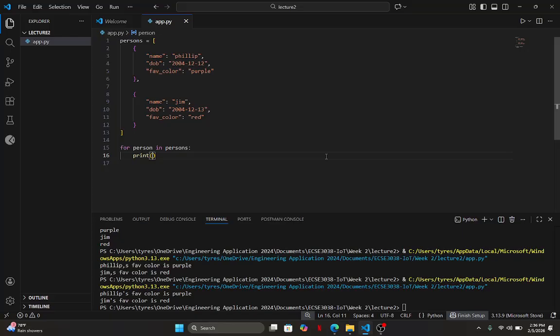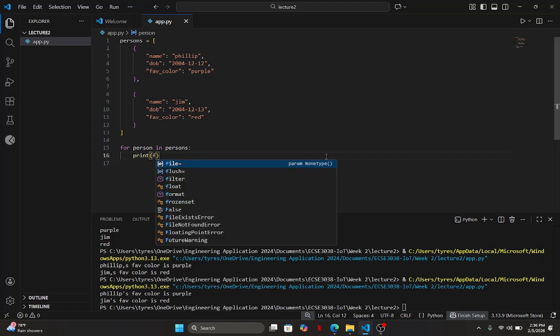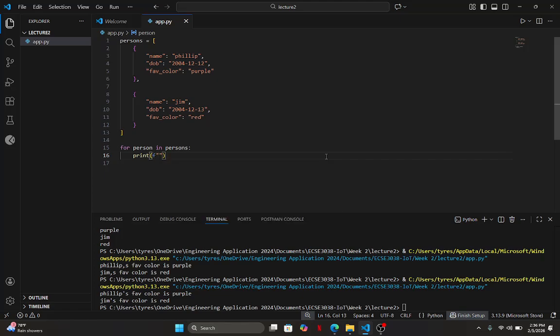We will use what is known as an F string. So an F string is a regular string that allows you to put variables in it without having to use the plus or commas. So you put that F right here and you put double quotes. So now, because I have my F string, I can just drop my variables in as long as I wrap them in curly brackets like this. So I'm going to say person name, and I can just put a favorite color is. Put these here and then put person square bracket.